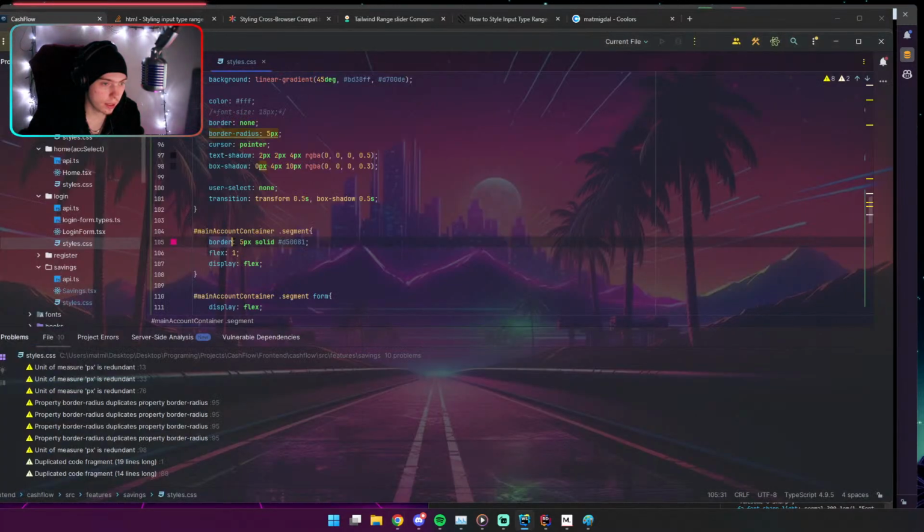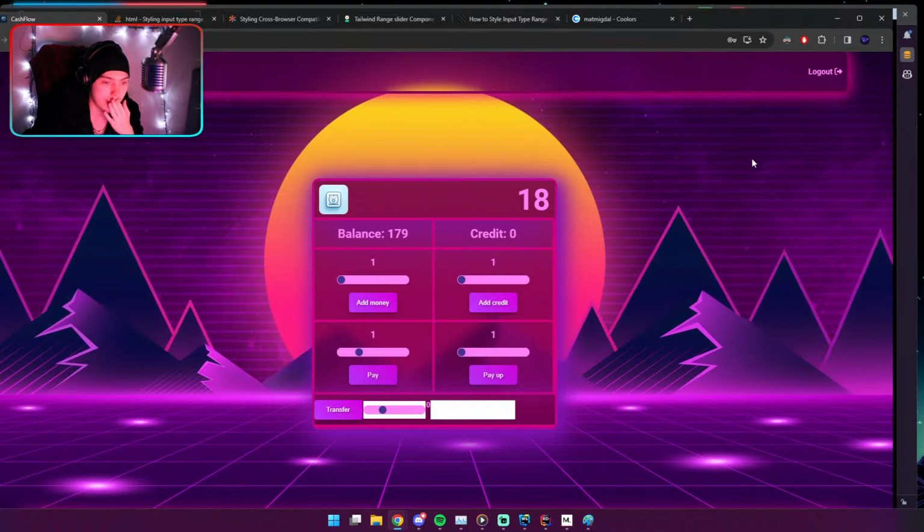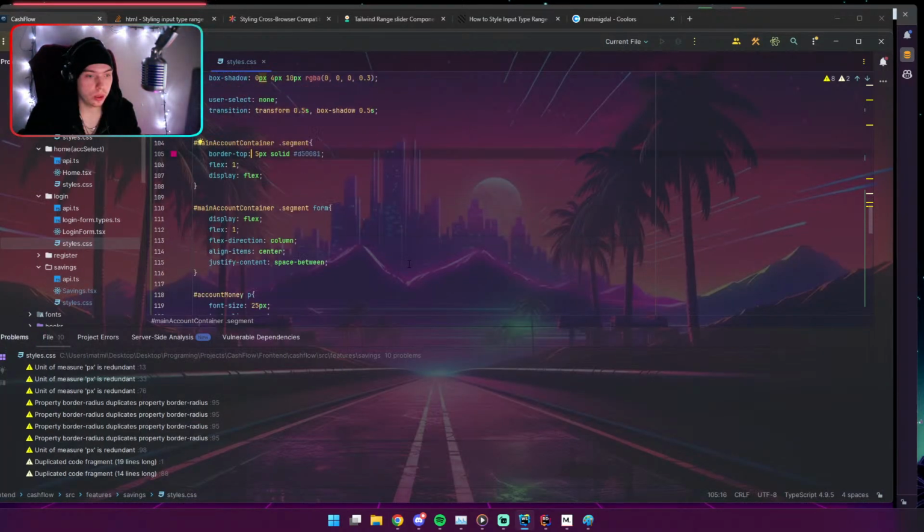something like this, and I will specify that only border top should be created, and we have something like this. Okay, this looks bad. Yeah, this looks really bad. What could we do with that? How could we improve on it? So maybe we should actually